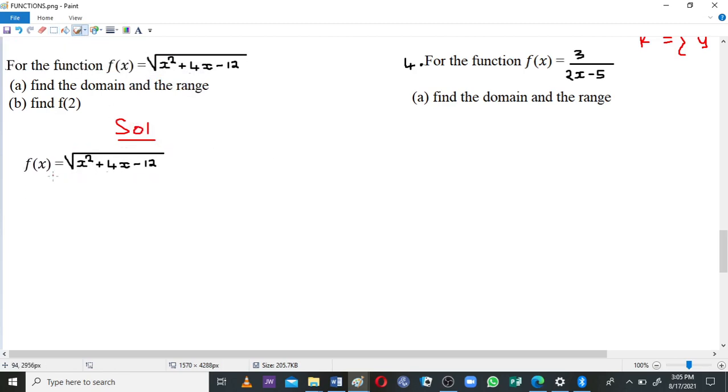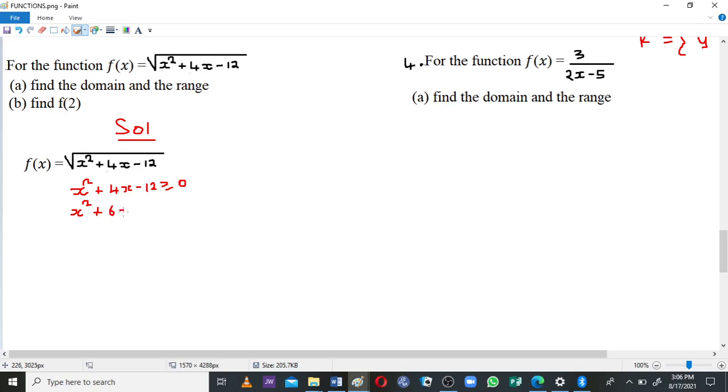Now to find the domain, like in the previous video, we are going to equate what is inside the square root there to 0 by using the sign greater than or equal to. So we have this greater than or equal to 0. Now here you can solve for x values using factorization method. You can find the sum and the product. Now if you do that, whatever method you choose to use here, you are going to get positive